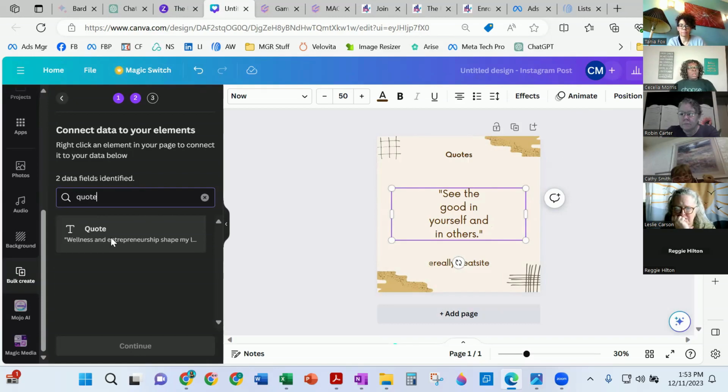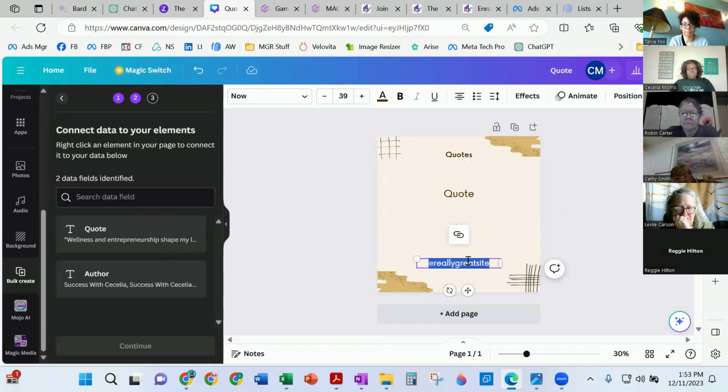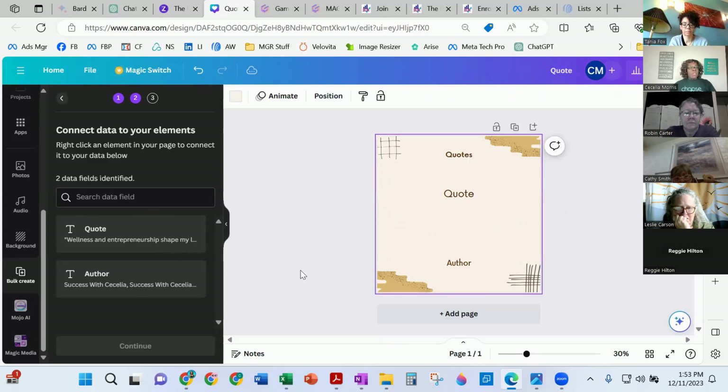Quote. It used to be where you just drag it. I think I might have to type it in there. So let me type in quote. And I think this one is the author. Quote and author. All right, the 2 data fields identified.